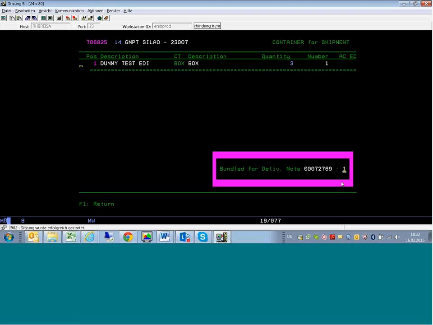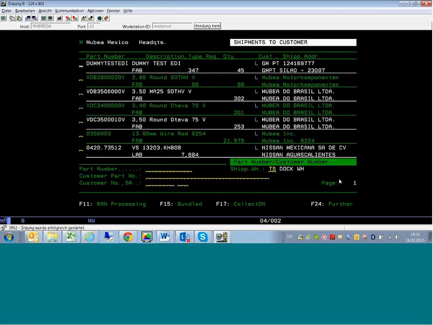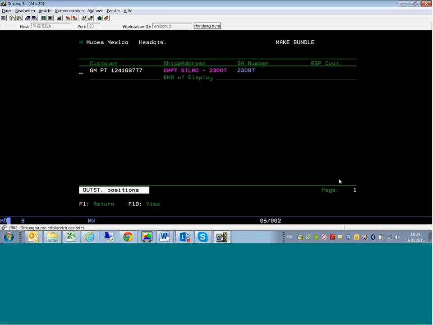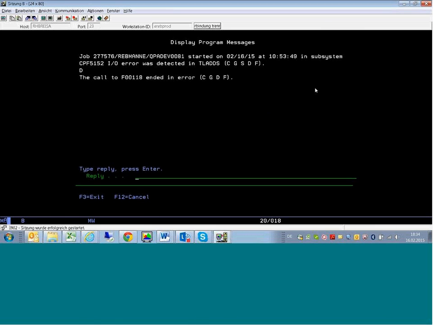If I do, then I would say here 0. If I leave it like this, 1, and I confirm. So I've got two part numbers bundled to one delivery. Yes. So if I press Shift F3 here, you would see that I've got one customer with,